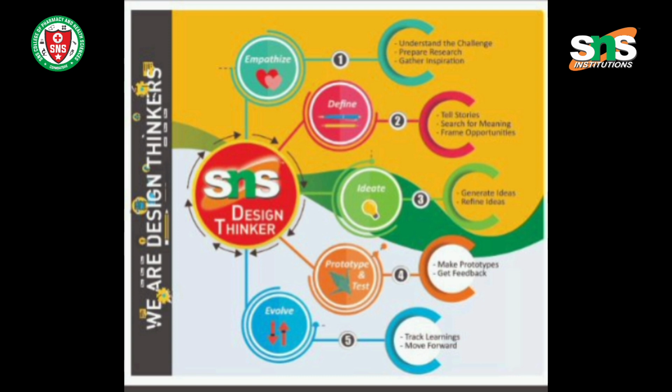Ideate, the third phase of design thinking, is where you identify innovative solutions to the problem statement you have created. During the third stage of the design thinking process, designers are ready to generate ideas. You have grown to understand your users and their needs in the empathize stage, and you have analyzed your observations in the define stage